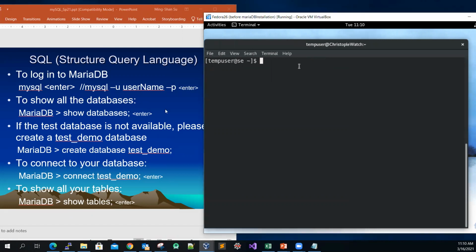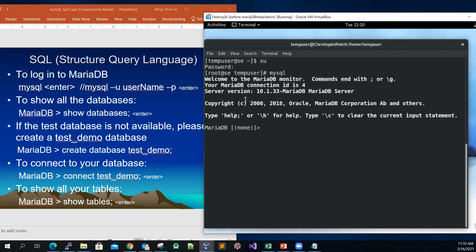So I need to create a database. It's better that I switch to the root user. All right, so you can see from the prompt that I am the root user, and I do not have the security set up, so I can just type in mysql and press the enter key. Then you can see that the prompt changed to MariaDB, and None means no database has been selected yet. You can see that I'm able to log in without any